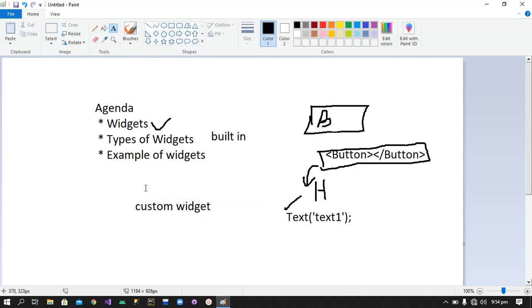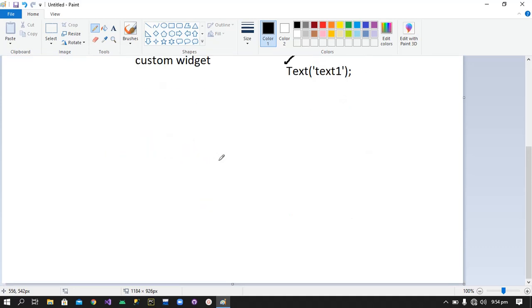And the next point is, what are the examples of widgets in Flutter? For example, if we want to create this application, here there is a text view, and after that there is a button.